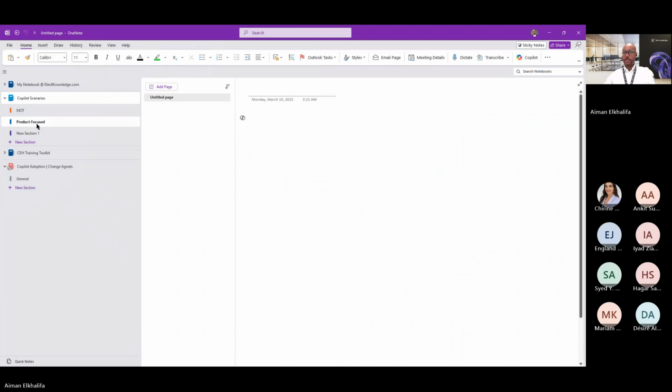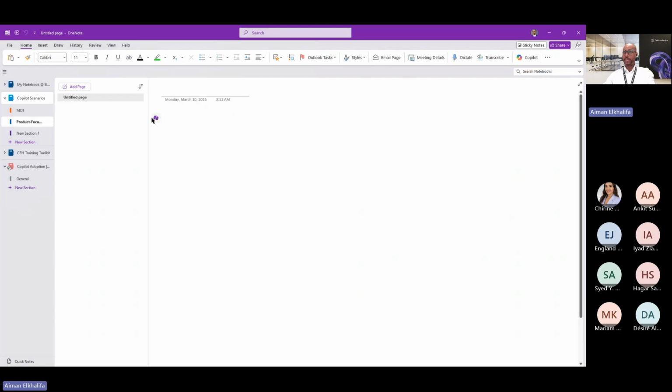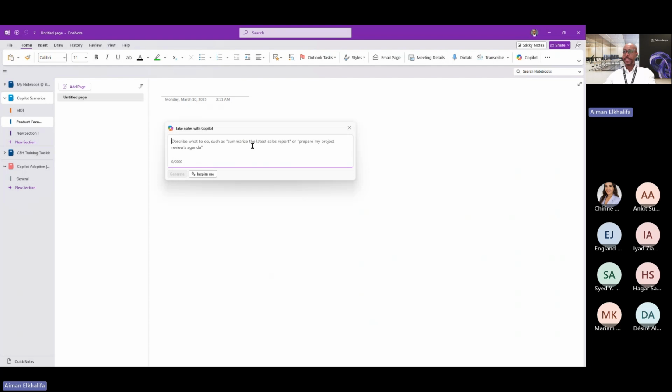Product focus, this is empty. So I'm going to start by asking Copilot whether it can generate scenarios for me to try Copilot capabilities